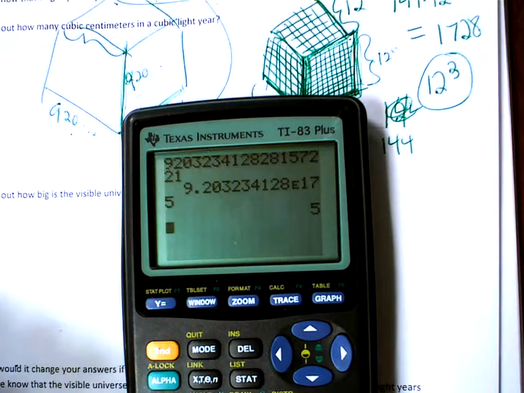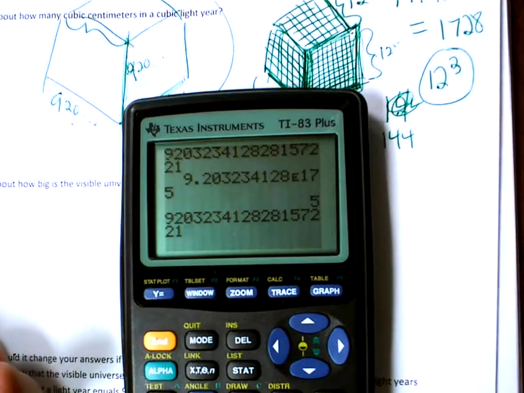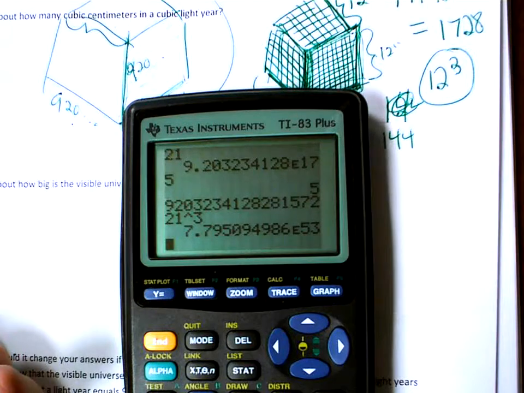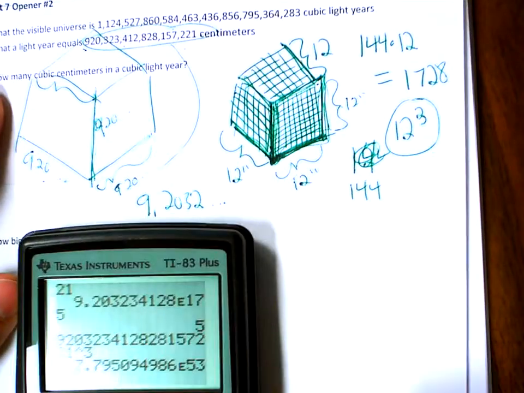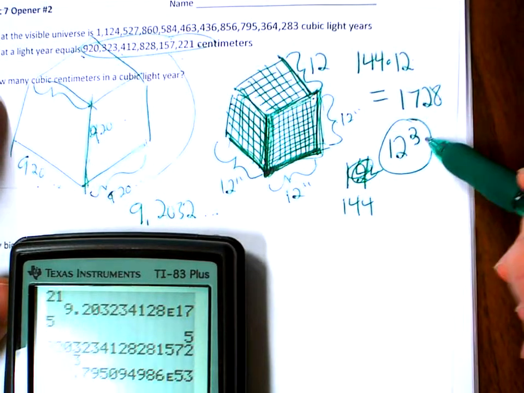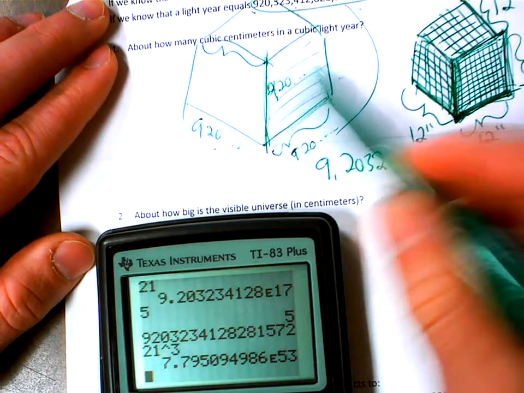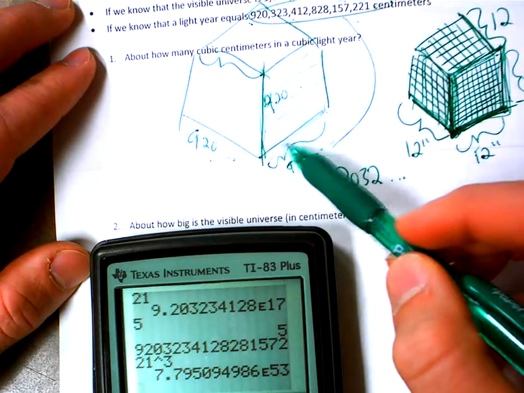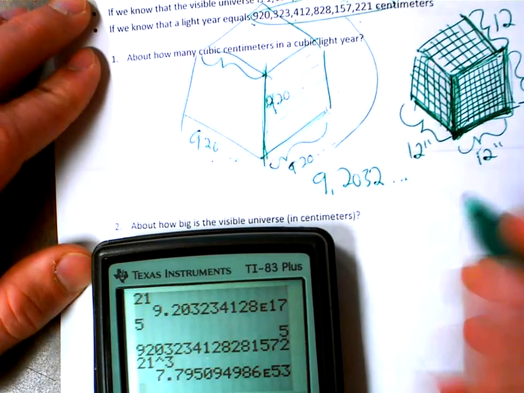We need to take this number, and I can just hit second entry to get this number back. We're going to take this number, and we're going to cube it, multiply it by itself 3 times. Just like we did when we had 12 and we cubed 12 to figure out how many cubic inches can fit in a cubic foot, we're going to multiply this large number by itself 3 times to figure out how many cubic centimeters fit in a cubic light year. And that number is